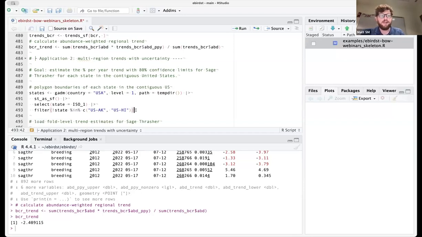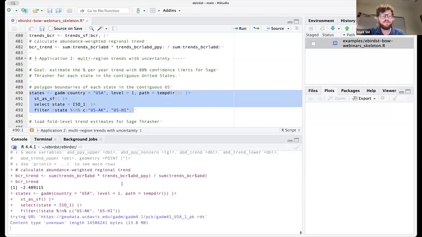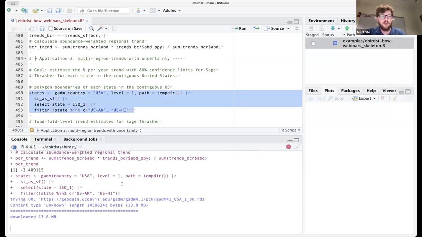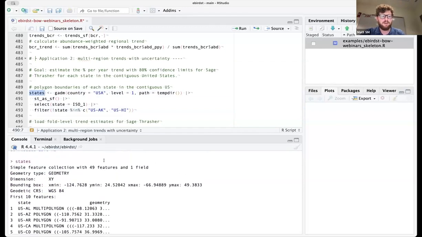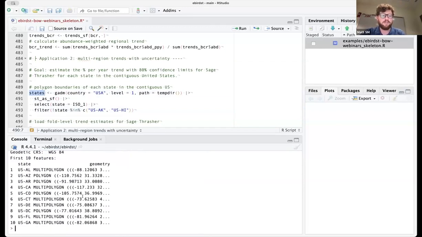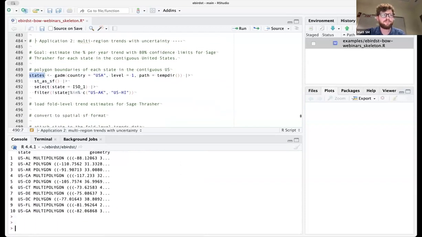And then again, just for the sake of mapping, I'm excluding Alaska and Hawaii, because if I make a map including Hawaii, it's going to be really hard to see the core part of the range. So you see it downloaded the data set and then loaded into my R session, and now I just have a set of state polygons for all the states in the US.